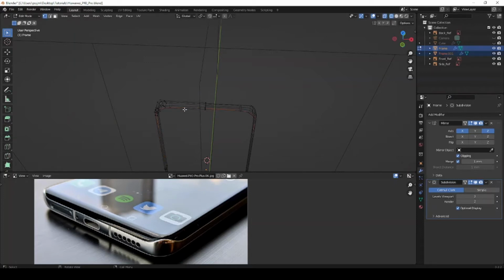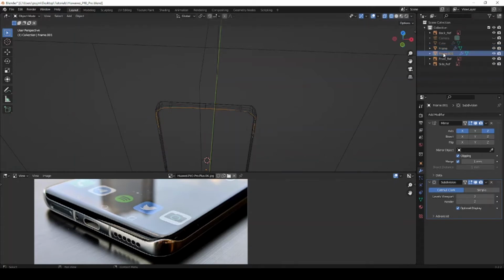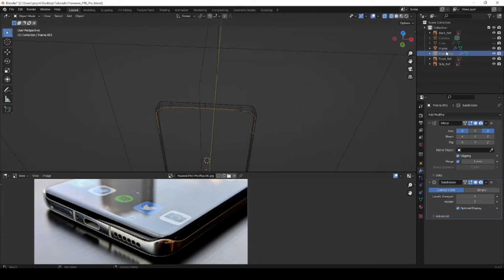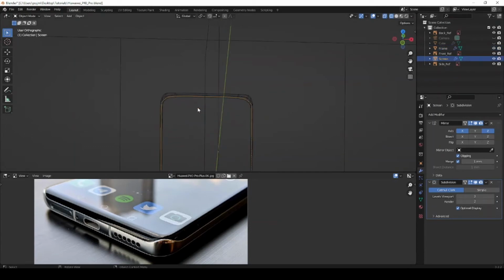So I've selected that, and then when I hit object mode, there is a frame. Frame is the big one, and then there's a frame 01, which is this front view one. I'm going to change that to screen. So it's no longer frame, it's screen. So let's select the screen over here, and come to the front view, and then tap. Let's have a look. This one, tap,